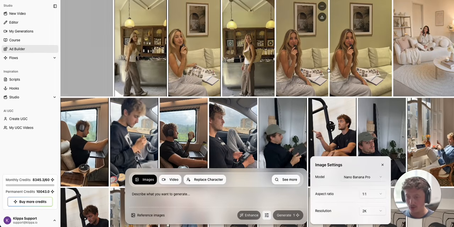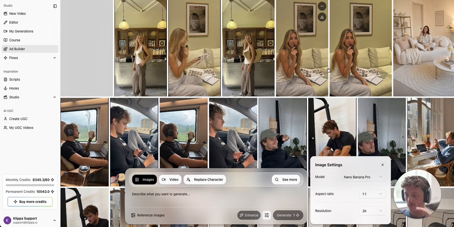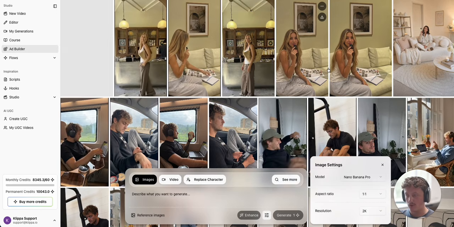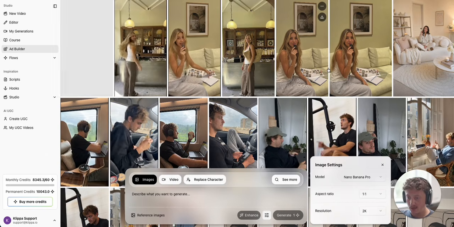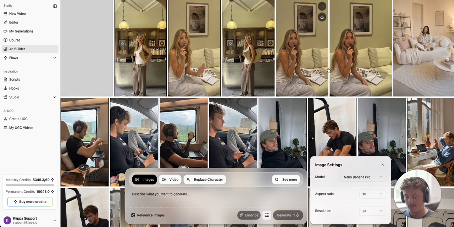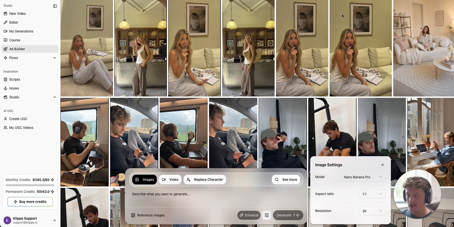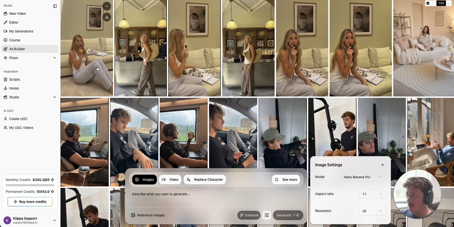And so that's essentially what we're trying to recreate. When you create AI UGC content, your whole focus should be what content actually goes viral and is performing for real UGC creators, and then how can I recreate that as accurately as possible with my AI content. Now you can see we have our first image and then we have our second image